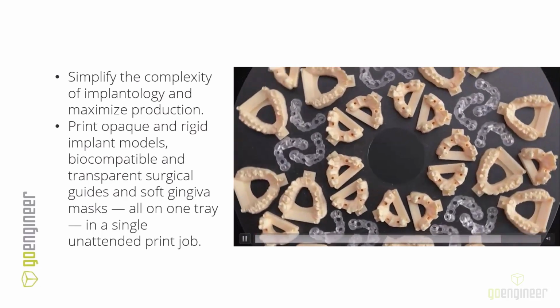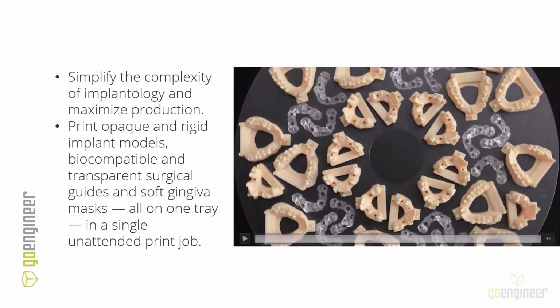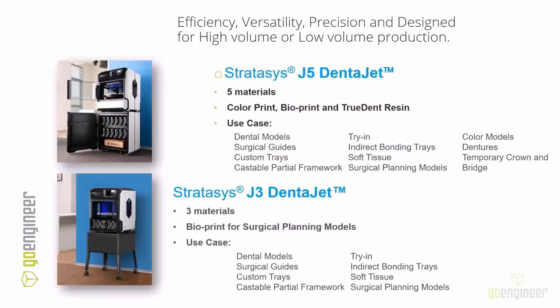But we can also print opaque and rigid implant models, biocompatible and transparent surgical guides, and soft gingiva masks all on one tray in a single unattended print job in one step. And so the solution that we're really presenting here with the DentaJet, and there's two different versions, is a complete game changer. It's something totally different than what a lot of labs and a lot of lab technicians are used